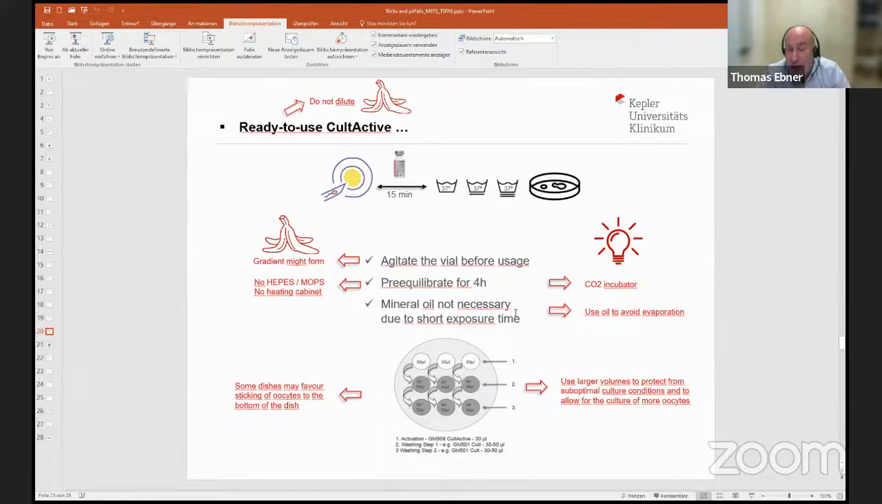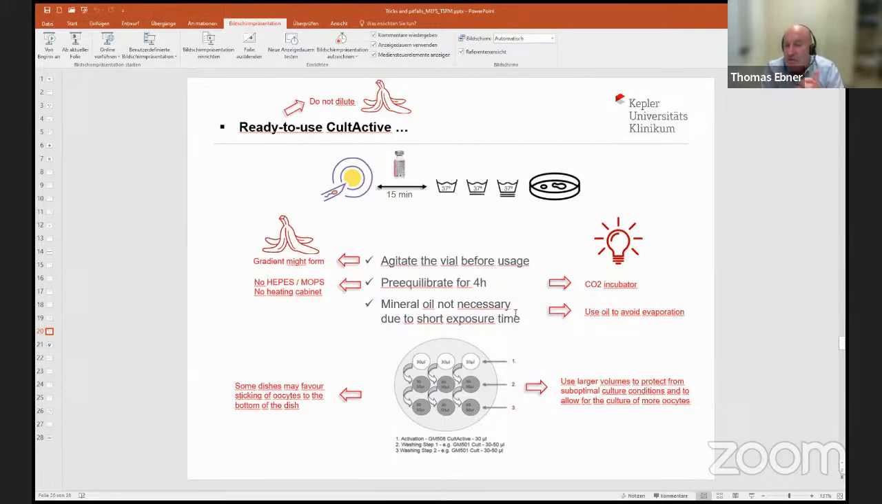And since this is a bicarbonate based medium, definitely there is no room for HEPES or MOPS media, and no way that you culture it in a heating cabinet. What you need is an incubator supplying the egg with CO2 so that it's in a pH range that you want. It is also said in the leaflet that mineral oil is not necessary due to the short exposure time. While I would not be in favor of this